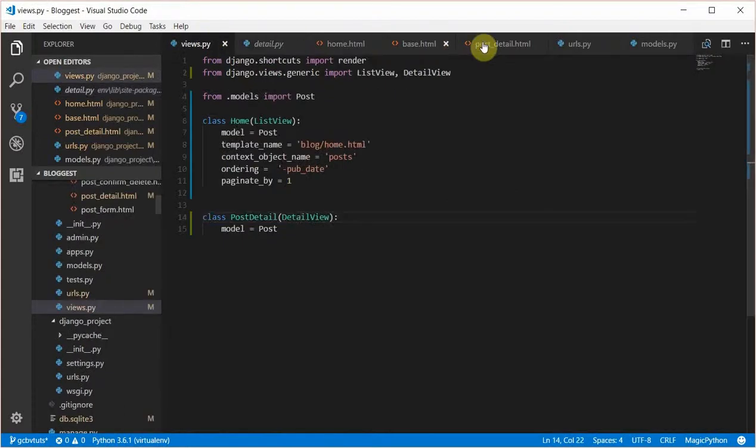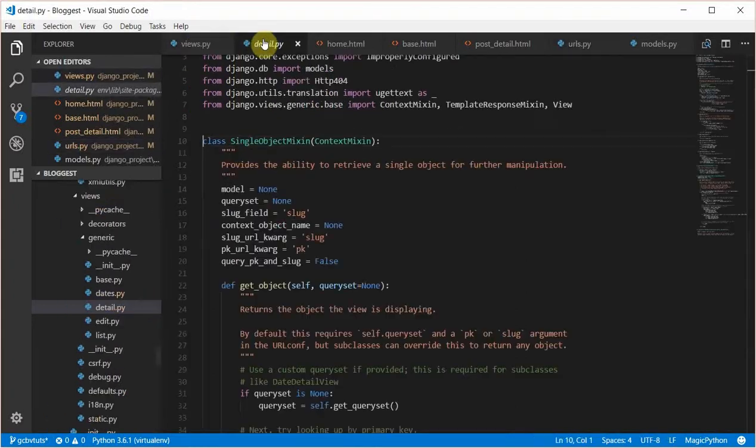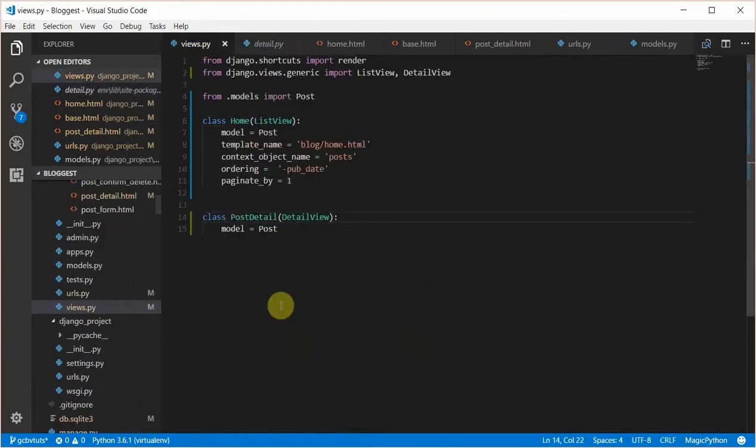That is why we could just come to this URL and pass in the PK, and the detail view already knows what to do with it. It has a method called get_object, and this method returns the object the view is displaying. So if we could override this method, let's see,